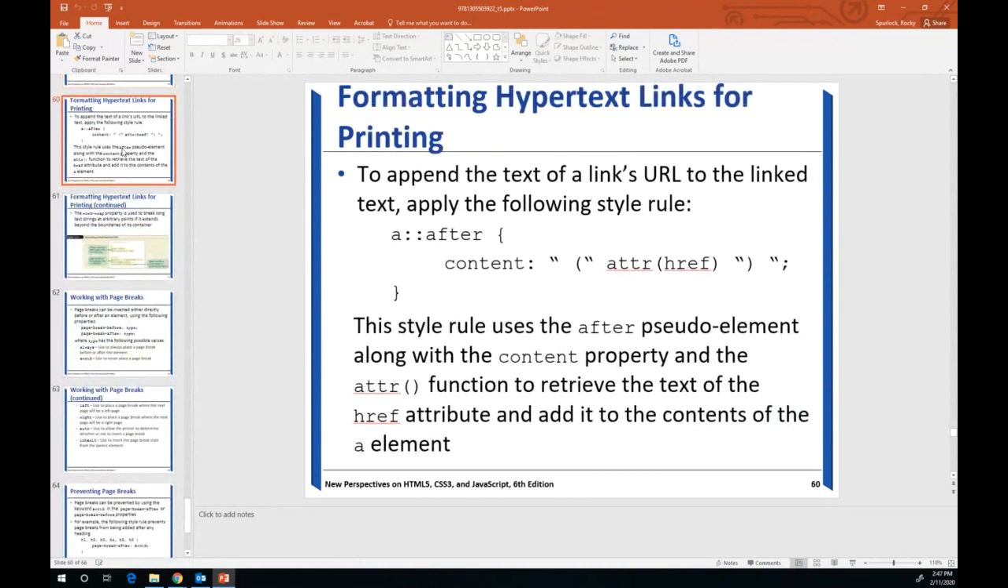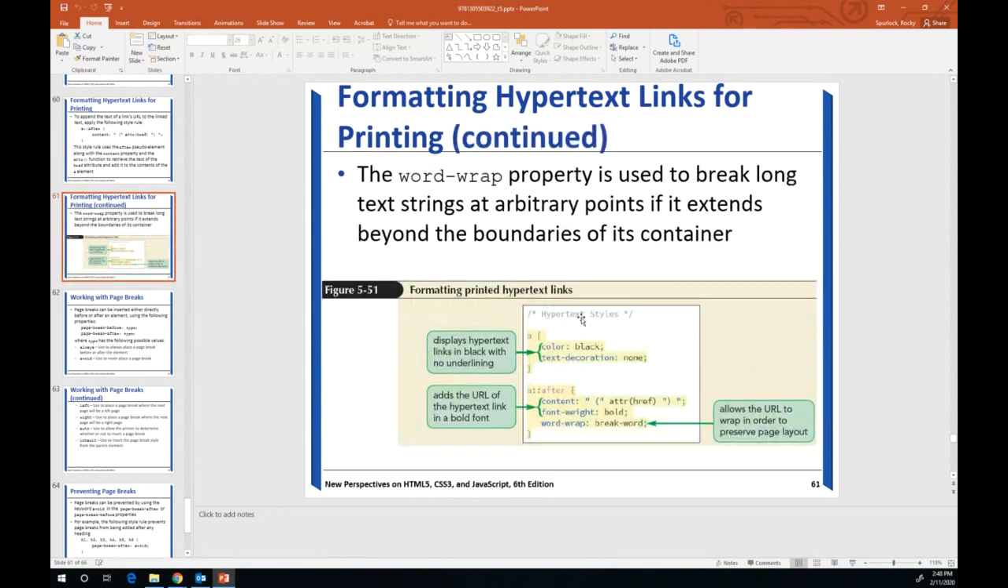You can also format hypertext links for printing. If you want to append the text of a link's URL to the link text, you apply the following styles. You put the after content and then the link here. The after is a pseudo element along with the content property, and then the attr function here retrieves the text of the href attribute and adds its content to the page. So it's going out and looking and saying, okay, where does this link actually take me to? We see an example here